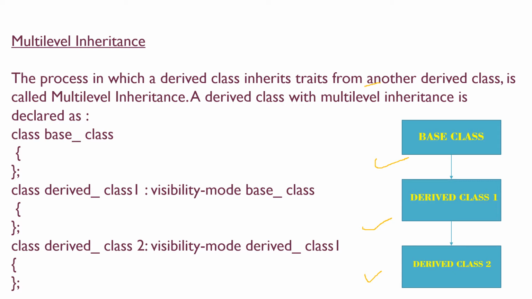multi-level inheritance, and in the declaration format we can see what is followed. We will make the base class as we make a simple class: the class keyword, then the base class name, and then whatever members we want to keep inside the base class we can keep between the open and close curly braces. Okay, and after that we use a semicolon